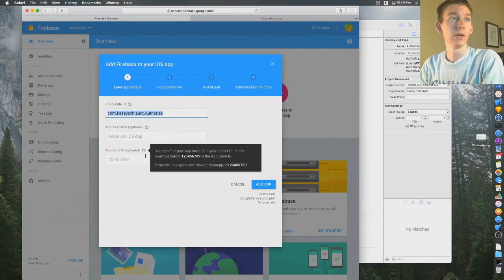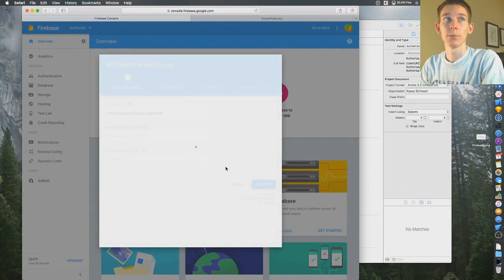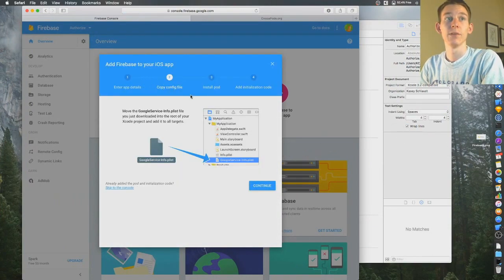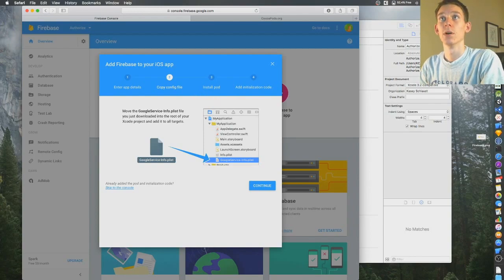And we don't need any of these for right now. Just click Add App. It's gonna say Copy Config File, right? So go to Finder,